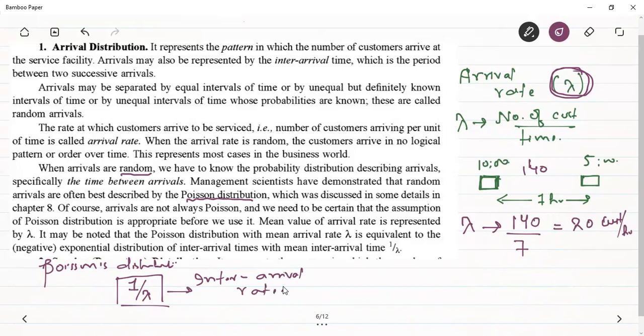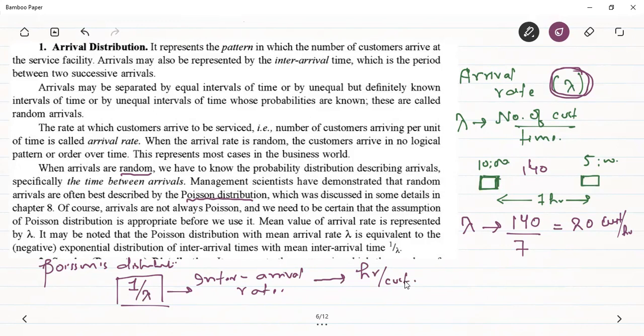ठीक है, इंटर अराइवल रेट। और ये क्या होता है, इट इज द रिसिप्रोकल। अगर अराइवल रेट होता है कि कितने कस्टमर पर यूनिट टाइम में आ रहे हैं, तो इसका रिसिप्रोकल क्या होगा, इंटर अराइवल रेट का जो यूनिट होगा दैट विल बी आवर्स पर कस्टमर। कितने घंटे के बाद एक कस्टमर आता है। ओके,